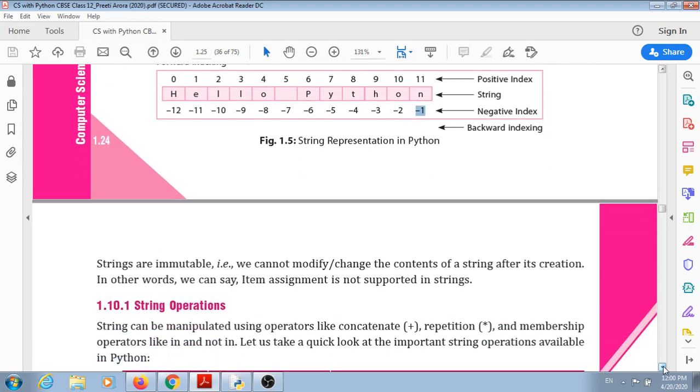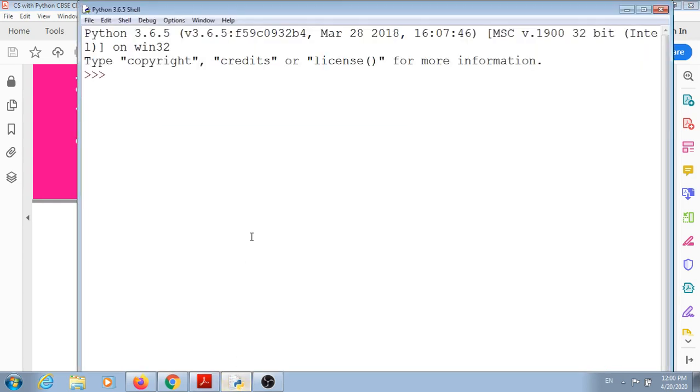So strings are immutable. We cannot modify or change the contents of a string after its creation. So we can say that item assignment is not supported in string. So we can understand this concept with an example. Suppose we have a string named string1 is equal to Indian.